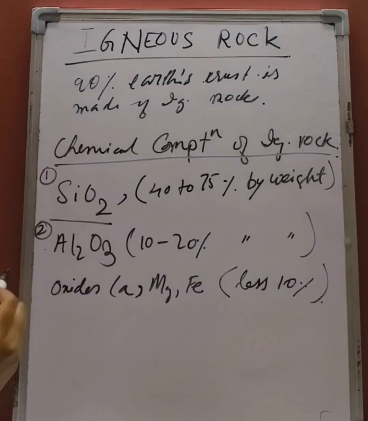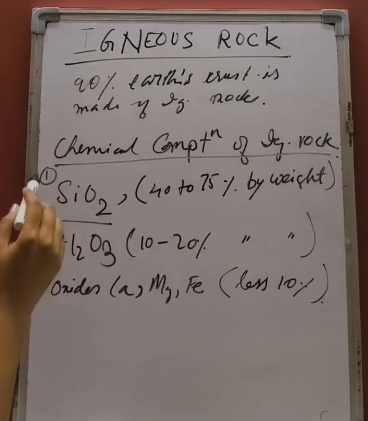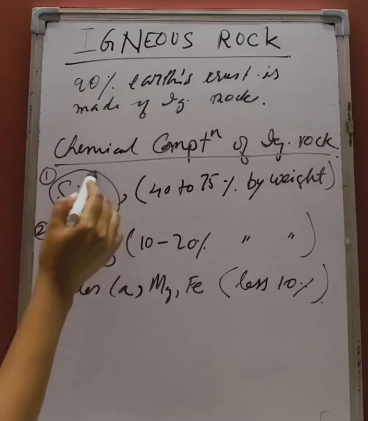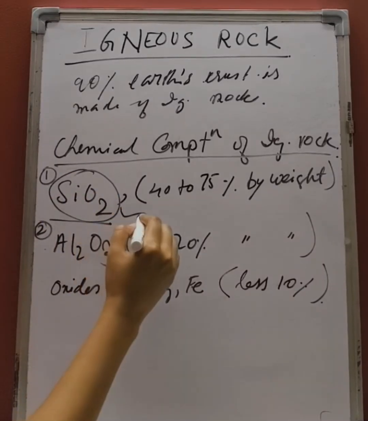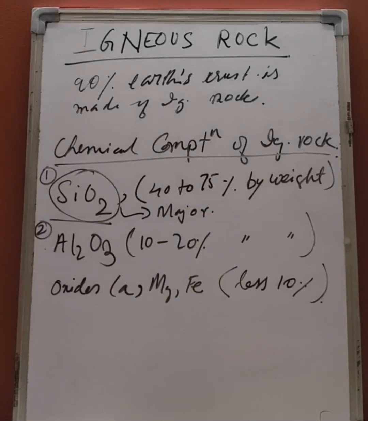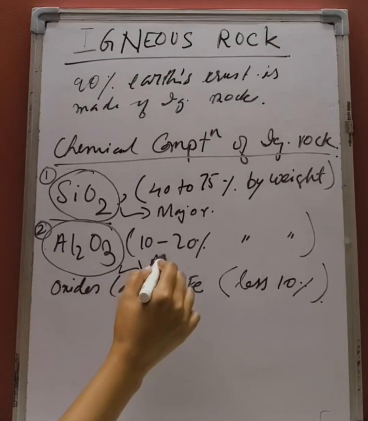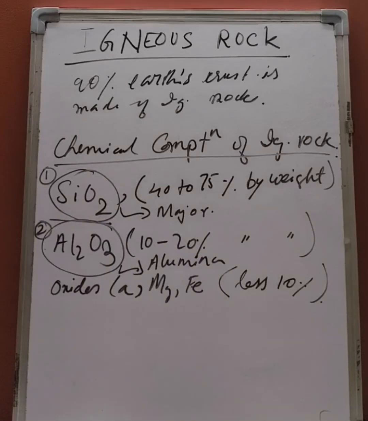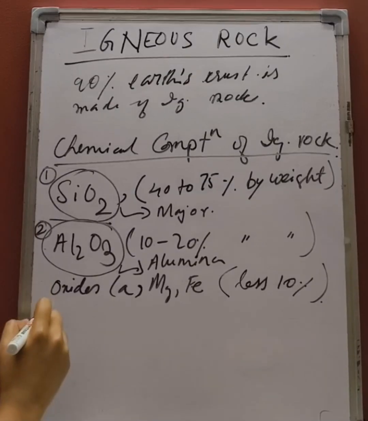From this we came to know that SiO2, silicon dioxide, is the major component of igneous rocks. After that comes alumina. This comes next after SiO2. So based on this chemical composition, igneous rocks are divided into